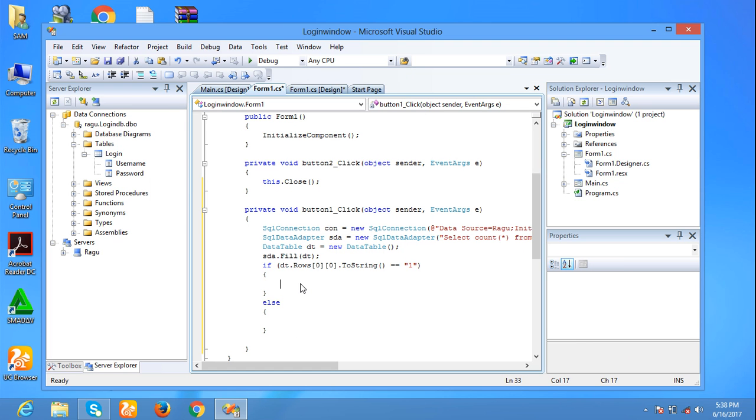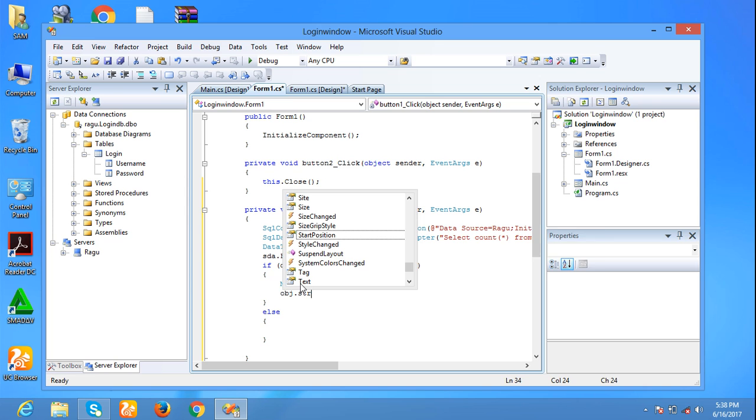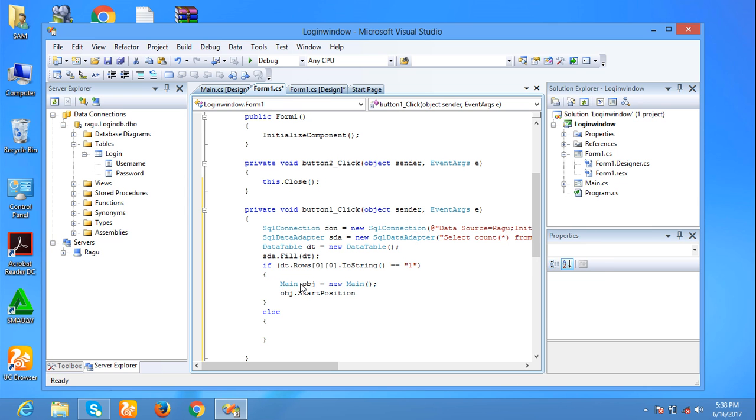If I log in successfully, the main form will be loaded. Main obj equal to new Main. Start position: form start position, center screen.